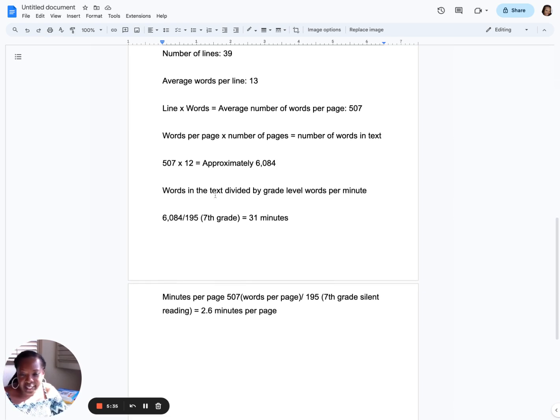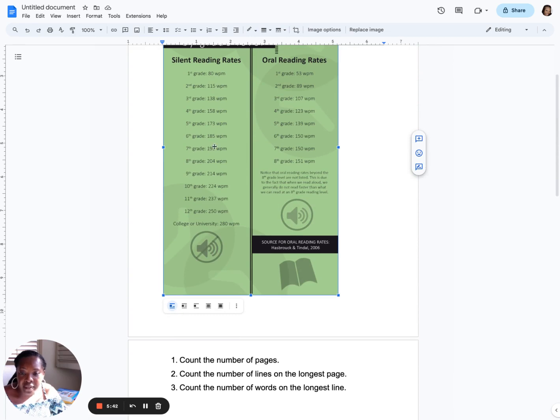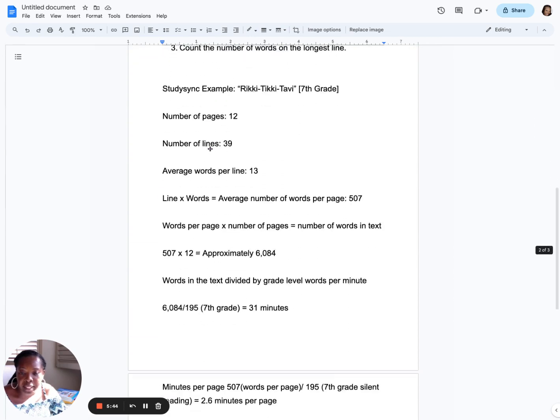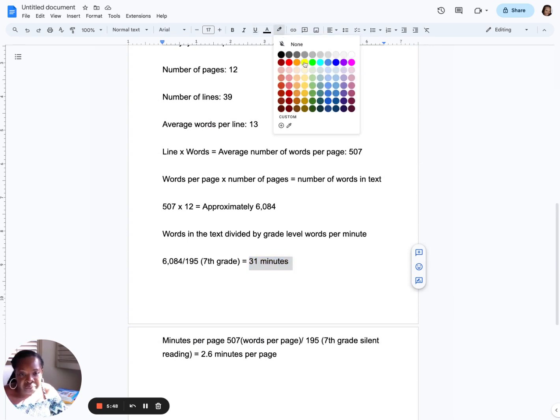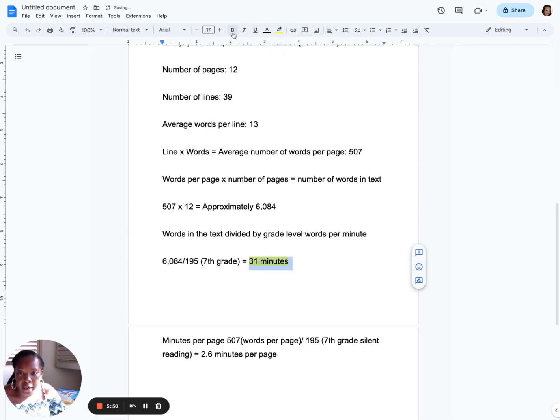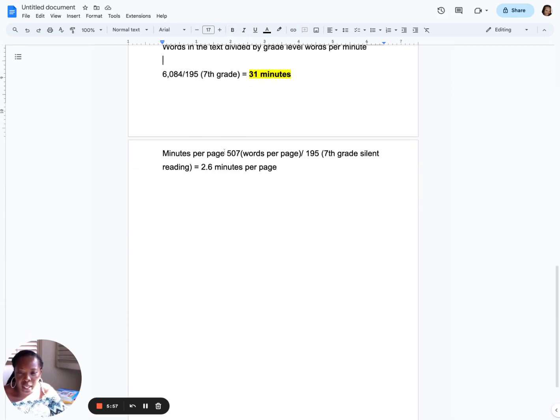So then I take the number of words in the text divided by the seventh grade level. So looking at the seventh grade level, 195 words per minute, and that gives us 31 minutes. Now, there's no way I would require seventh graders to sit and read for 31 minutes, not at the beginning of the year anyway. So what I'll do is, okay, wait, if there are 507 words on the